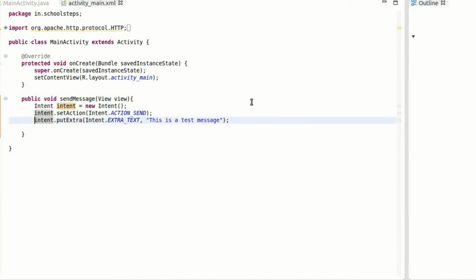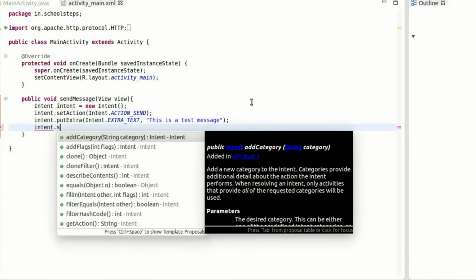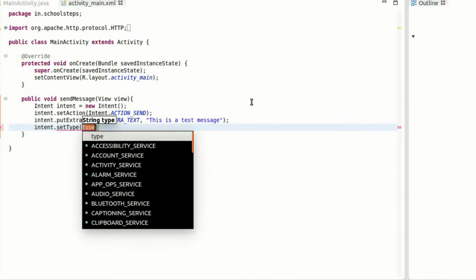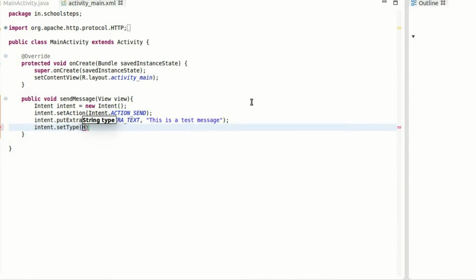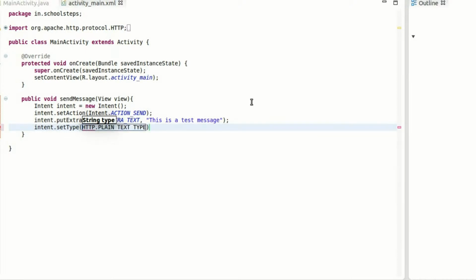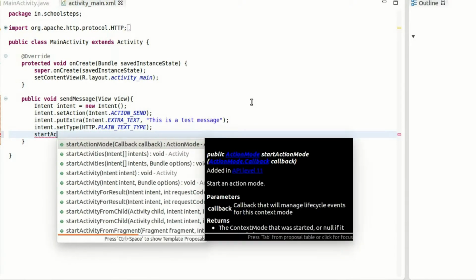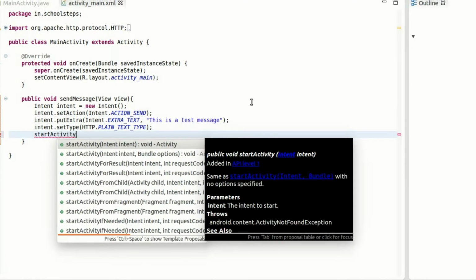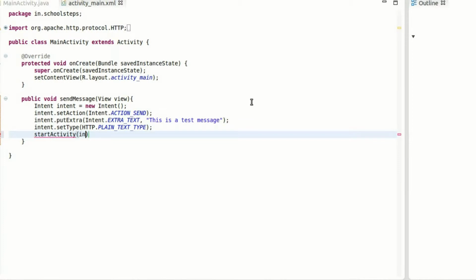Now we need to specify what kind of text message it is. Let's say it's a plain text message. So we need to say intent.setType, and here we need to pass the constant again. It's HTTP.PLAIN_TEXT_TYPE. That is it. Let's start our activity now using the method startActivity, and we need to pass the intent.